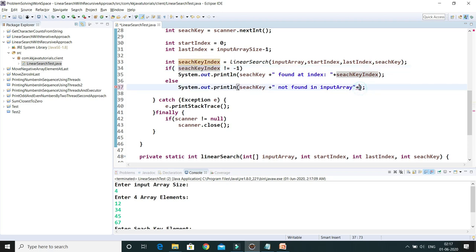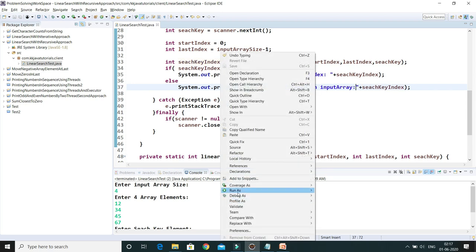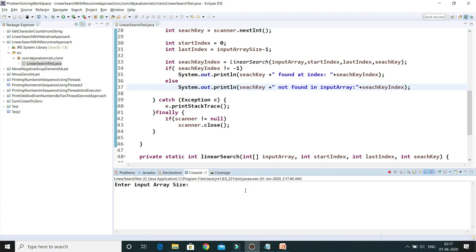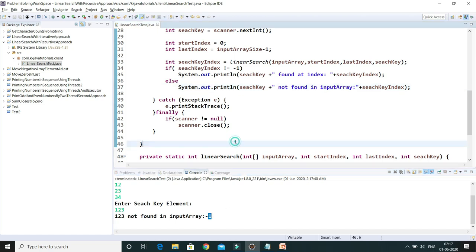So this will always return -1 if this algorithm does not find that element in the input array. So let's say I'm going to take three elements, then I'm searching 123, and here you can see -1 is going to return.